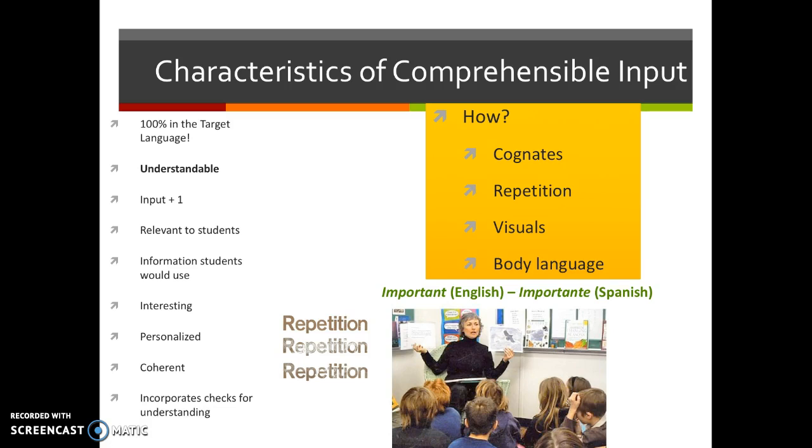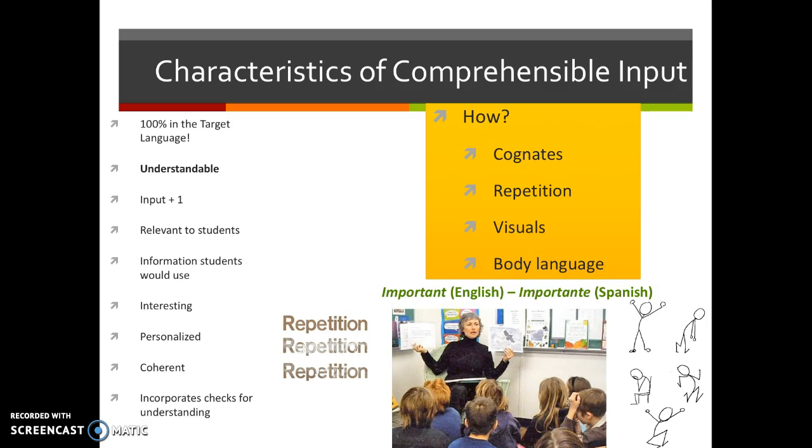Finally, to make comprehensible input understandable to your students, you can use your own body language. Some of you may be laughing to yourselves, already thinking, isn't that what I do every day? World language teachers are actors and actresses who, by nature, tend to talk with their hands and bodily movements. That's great. Keep it up, because it helps your students to understand you better. One of the important parts to remember with using lots of visuals and body language is to train your students